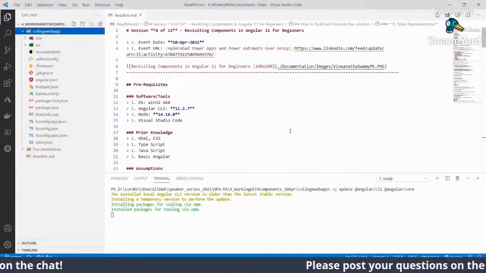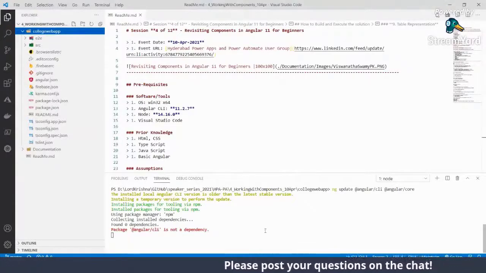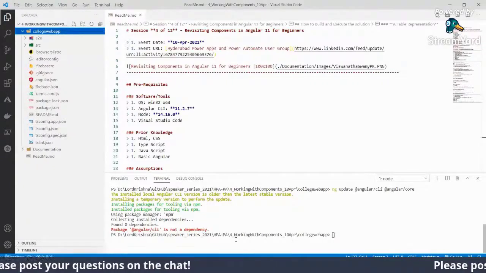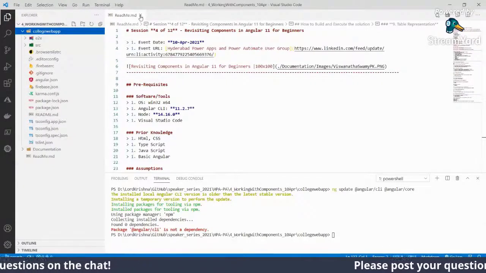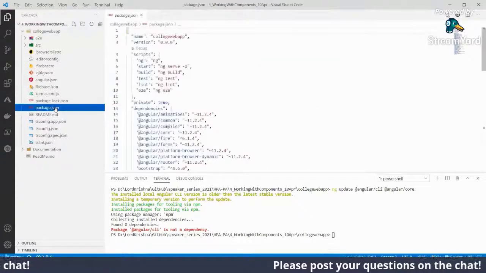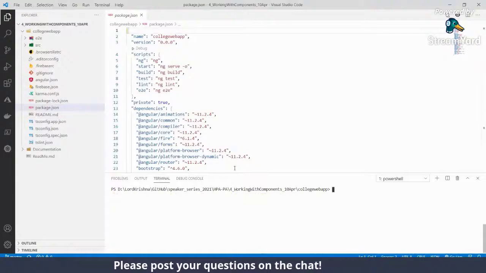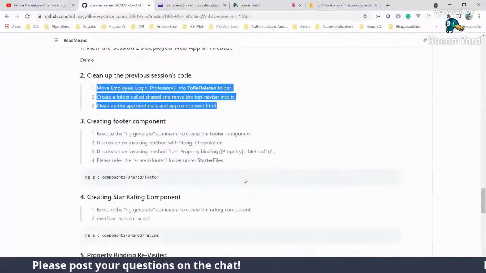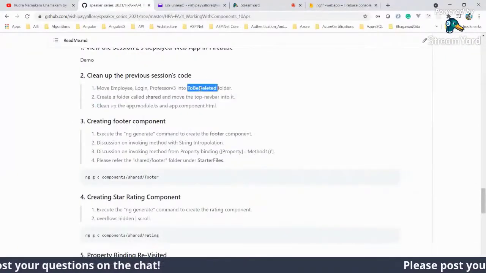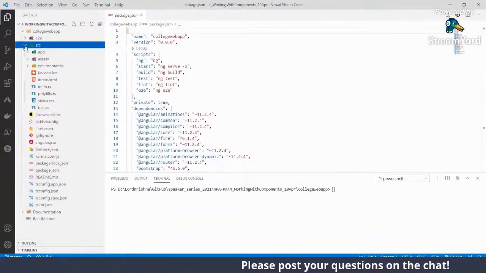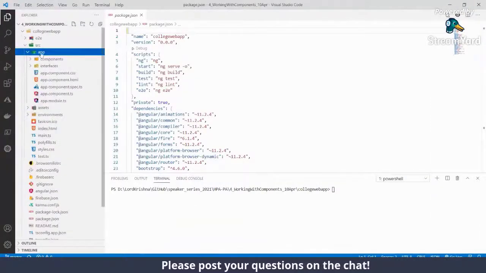So we'll do that. Okay, it is updating. Whatever it updates, we'll see that. I think it didn't bump up. No problem, that should be fine. So the first thing I will do is go here and create a folder called to be deleted, and I want to move all these inside that.